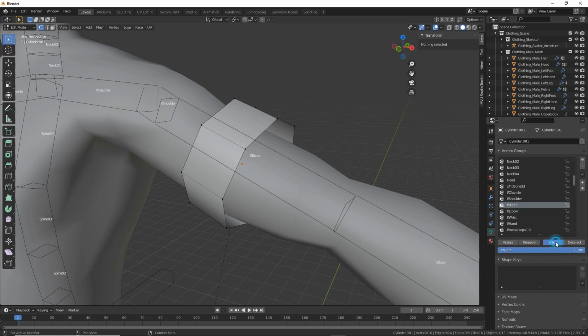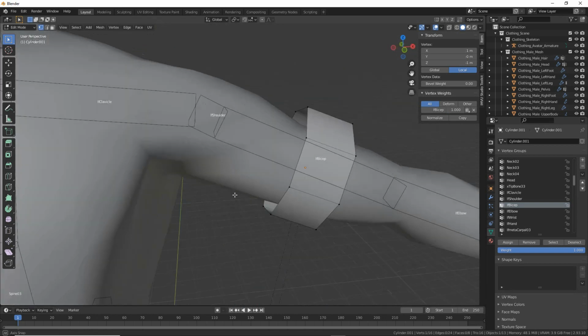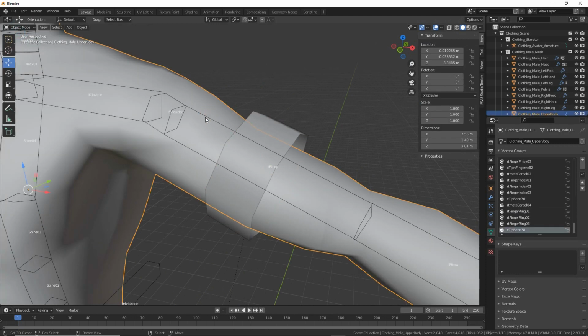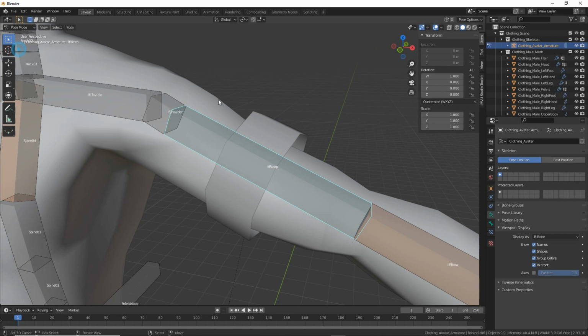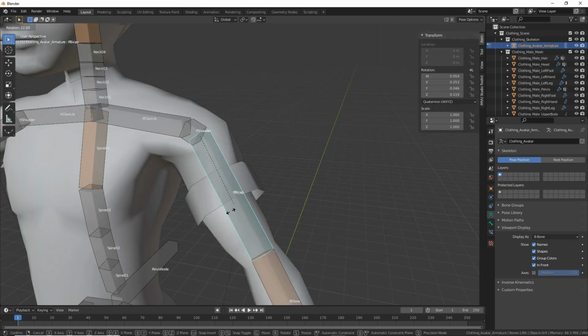LF bicep, select. So if we select any one of these vertices now, we should only see bicep with a weight value of 1.00 on all of these vertices. So this should mean that if we go back into pose mode on the skeleton, if we now move the bone, our armband moves